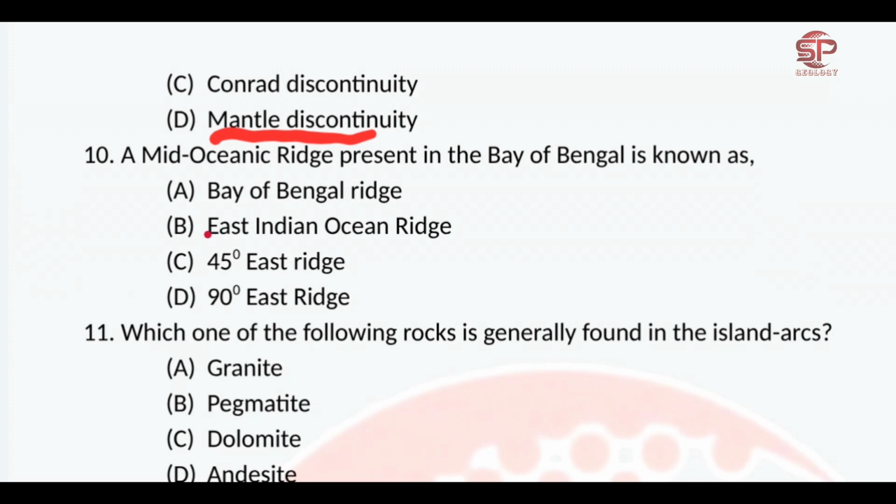The ridge present in the Bay of Bengal is known as